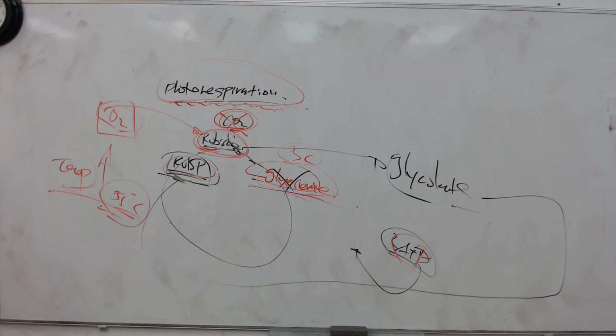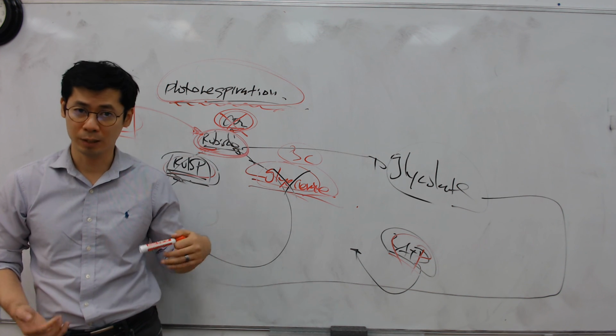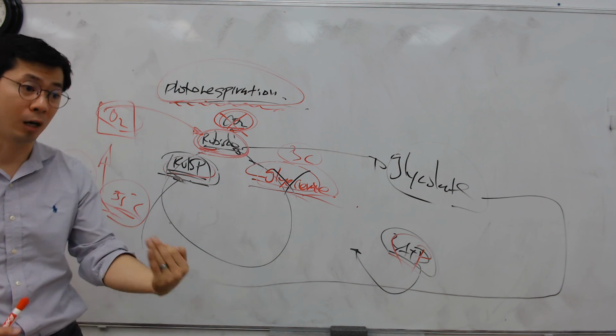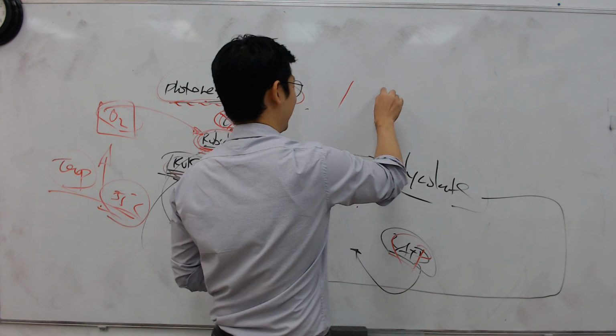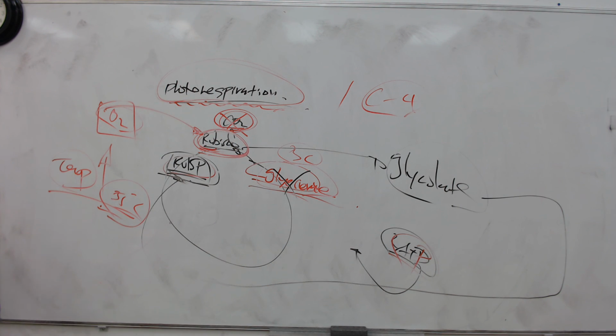So yeah, what do you think, guys? Do you think plants will die now because of this process of photorespiration? A lot of plants will die because of this, right? Do you think plants will die? Now they evolved, become what? They got a different plant. They got C4 plant. Okay, so listen carefully.